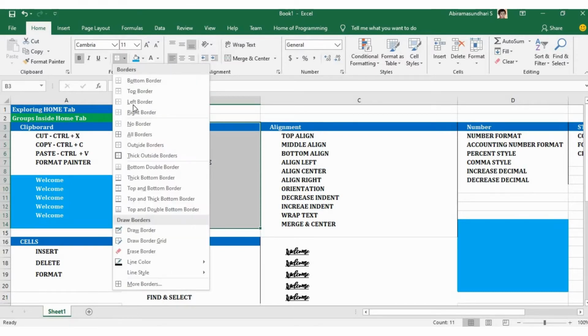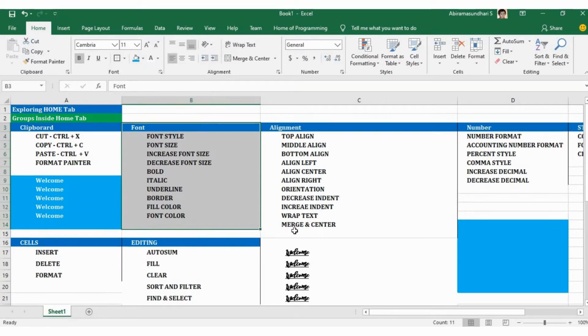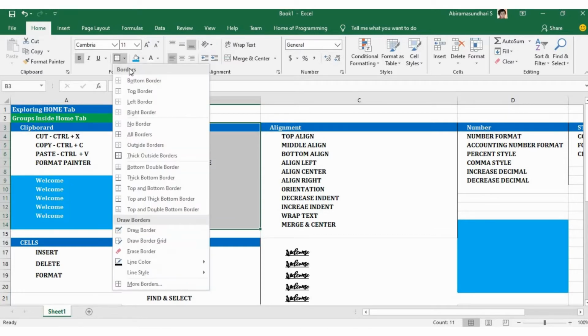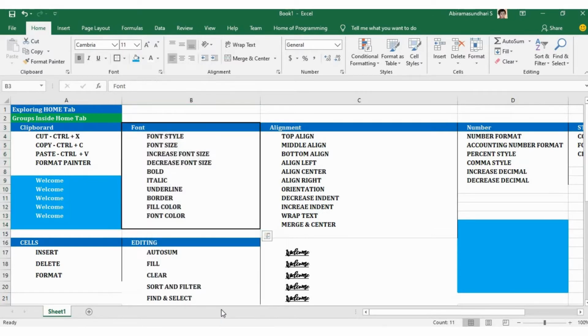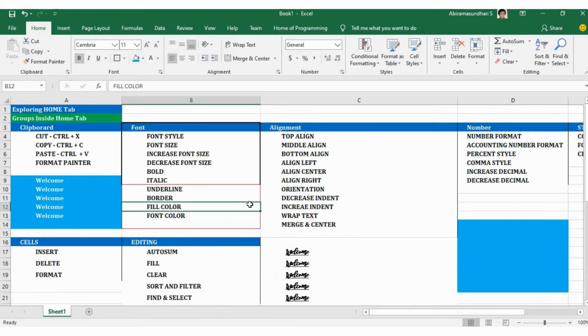If we want to make a border thick, you can do it. Similarly, to add borders for your cell, we can use this border icon. And if you want to draw a border, or change the line colors, we can do that. You can use the pencil to make a border. Similarly we can do that. I am undoing it.